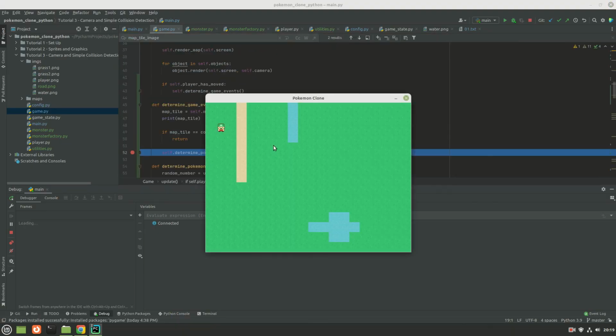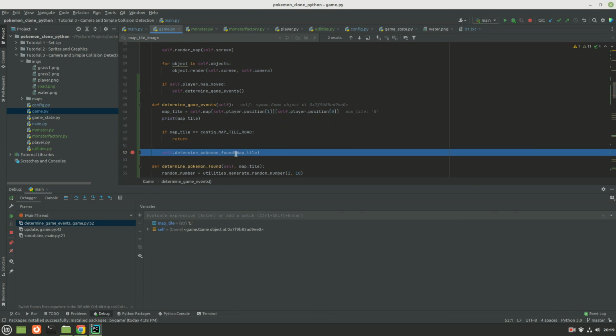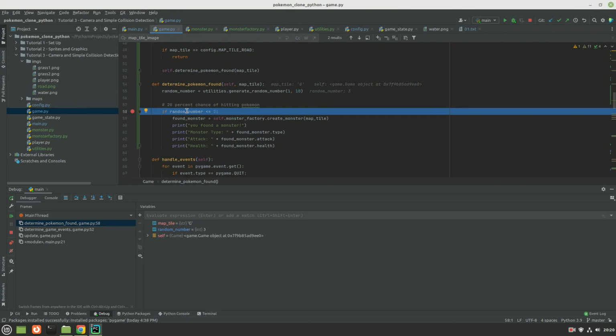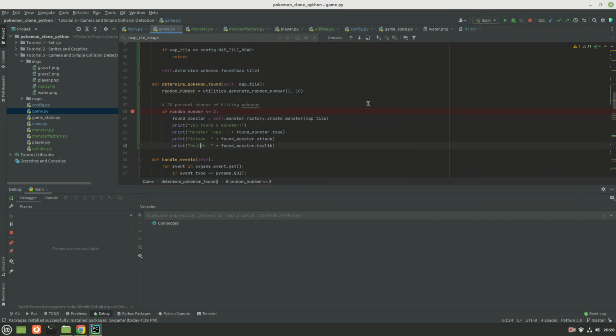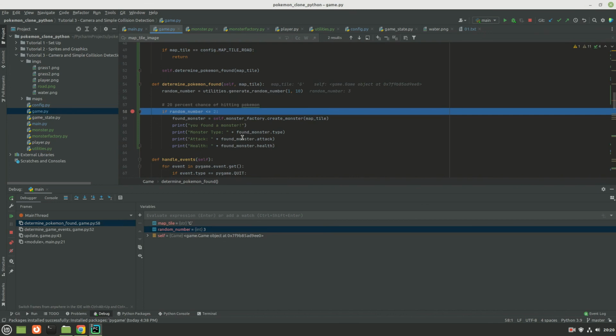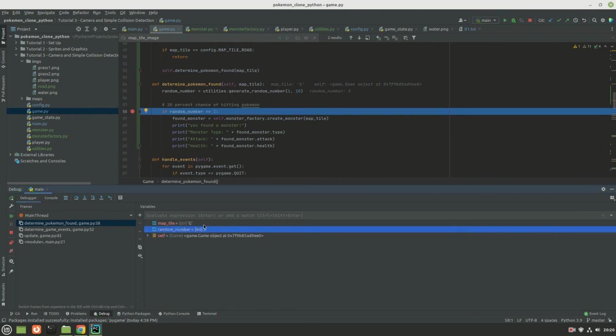All right, so what I'm curious about now is what is exactly returning on this random number. So my next breakpoint is going to be here because this is all I care about. And F9 will continue to it. So a random number, if it's 3, then I'm starting to wonder if maybe we aren't seeding correctly. What is that? Looks like it's 3 again, based on that. So what I'm expecting is that every time we're going to be getting 3. Let's see if that's true. Yeah, so it's always 3.